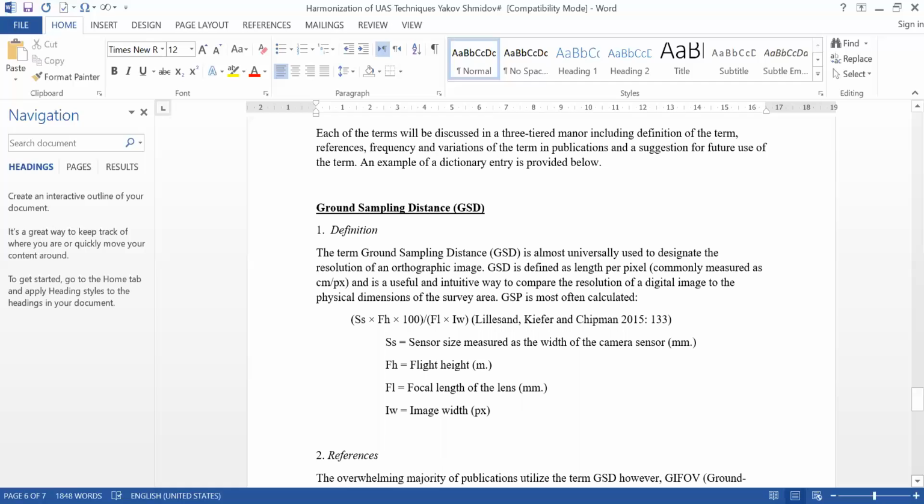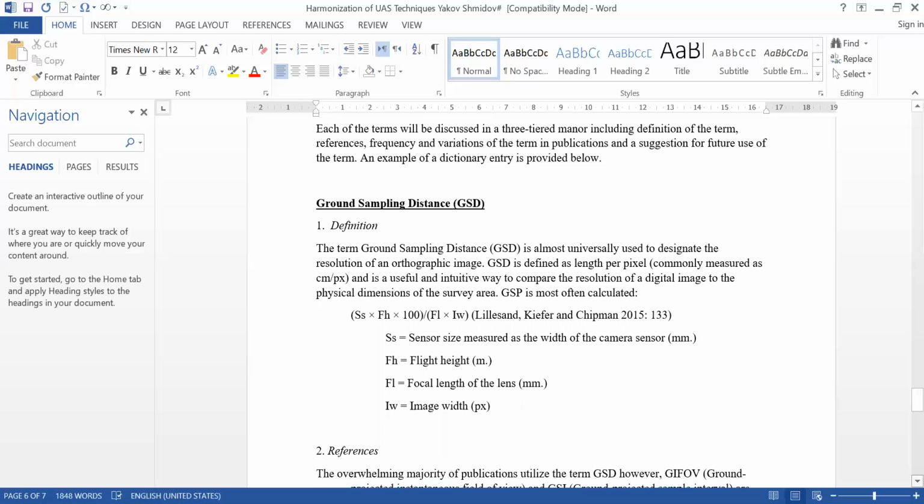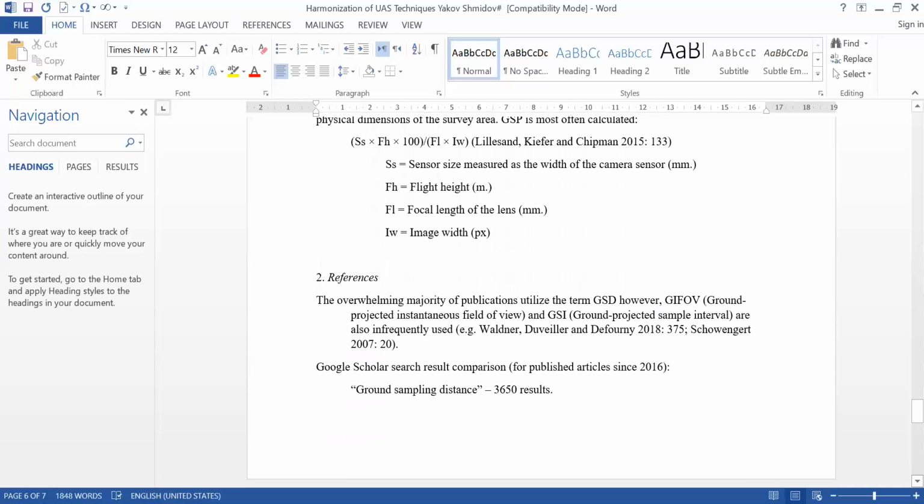But what we decided to do, and we need your agreement on that, is to give a basic definition. The basic definition gives the theoretical background for the term. As for ground sampling distance, it means that, and there is a definition. If there is an equation, we give the equation. If there is none, of course, it will be only a description. And then references. References should be an updated list of papers, but fundamental papers that really describe the term, not only use that term, of course.